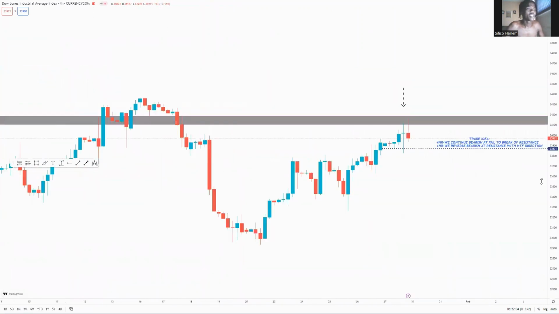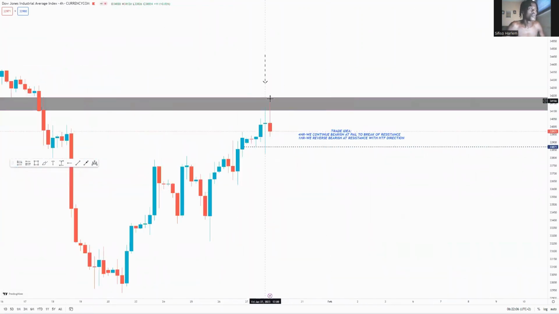Let's look at our price close to end the week. Price has a pin bar, an indecision candle, a pin bar rejection candle, anticipating that, obviously from resistance, price failed to close above, or failed to continue bullish. With such things, if we get a candle closing below, we'd look for the coming